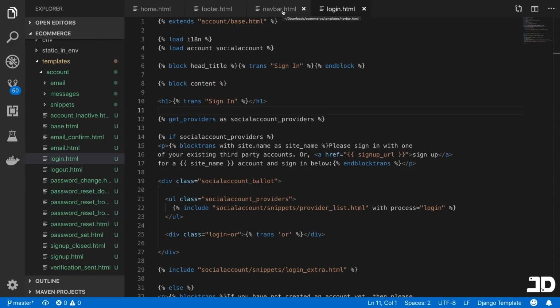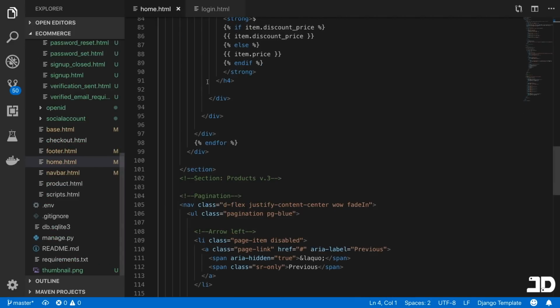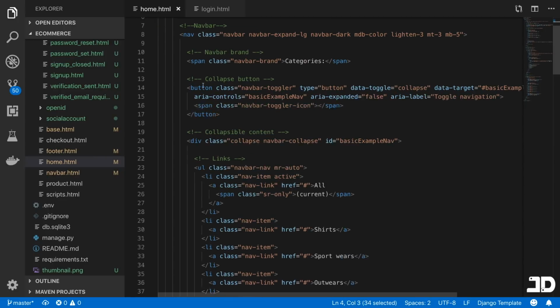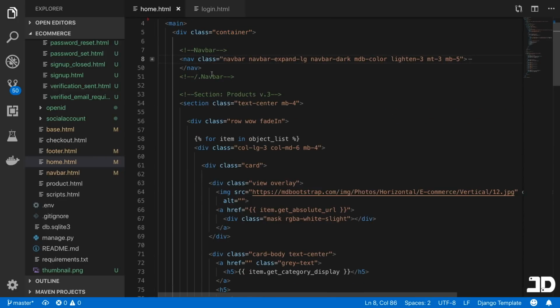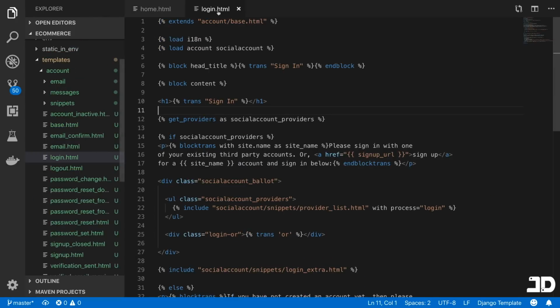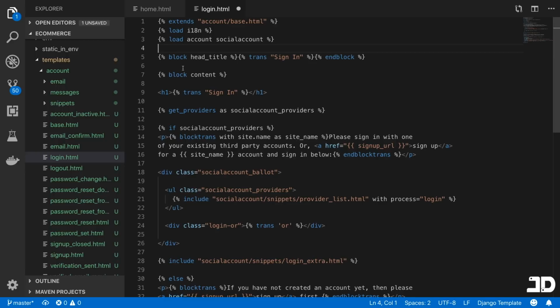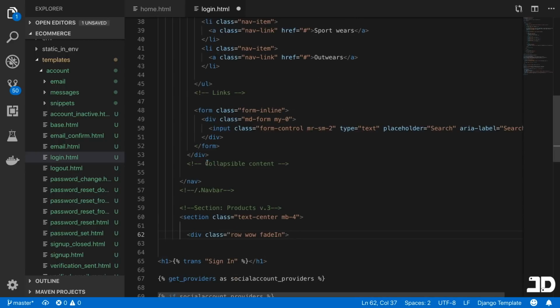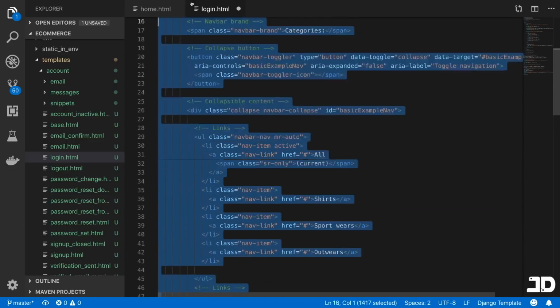And if we compare this to the home.html file, we basically want to see what containers we need to put our content inside to make it look consistent. So that would look to be the main and the container. If I close the nav bar there, there's a section and then a div with row while fade in. So I'm actually just going to copy that and then we'll just try and paste all of that here inside the block content. And of course we don't want the nav bar, so I'm going to get rid of